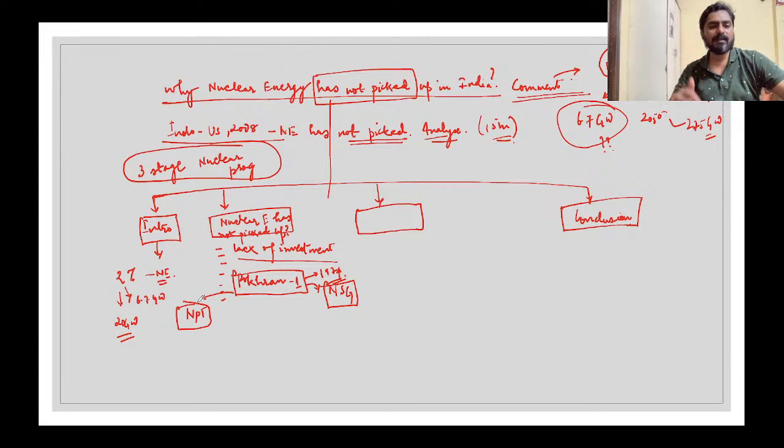The Non-Proliferation Treaty was signed basically by the P5 countries, and they wanted others to join as well. But India in 1968-69 refused to join the NPT, and went for its nuclear explosion, or nuclear test, in Pokhran 1. So after the NPT, this NSG was formed. The NSG was a larger group which included not only the P5 but other countries. So from the NPT to the NSG, India kept on facing discrimination, because India was not a member of the NPT or of the NSG. India was not able to get fuel or technology.